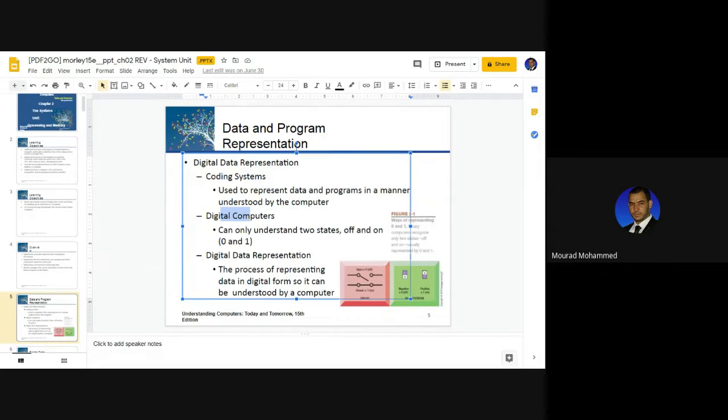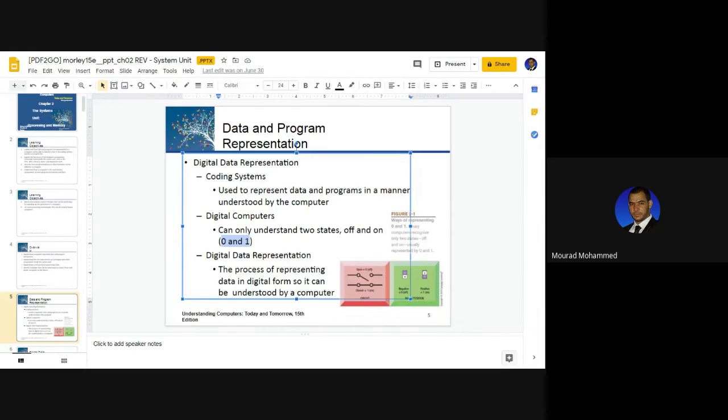or 1. What does it mean? It means the totality of the data inside a computer would be represented with two statuses, either 0 or 1, which are numerical values, either the number 0 or the number 1. At the end of the day, those are the two unique data that the computer can see or understand when we as users are presenting the data to the computer. When we are submitting or inputting data to the computer, the processor, the central processing unit, can see only